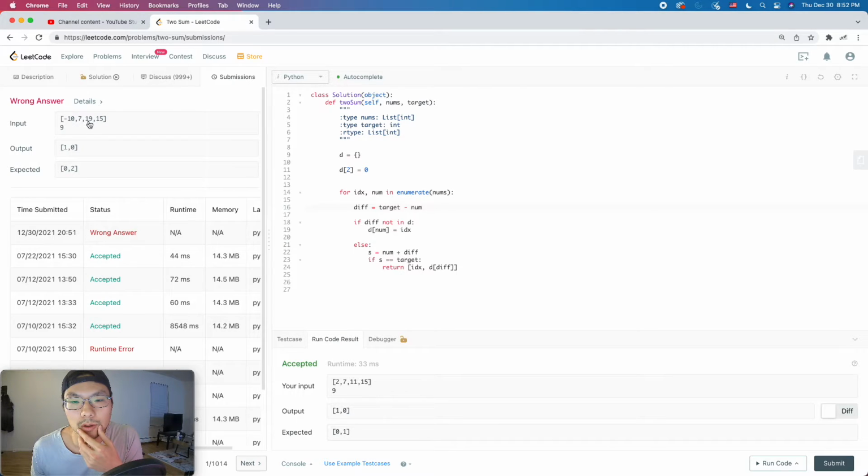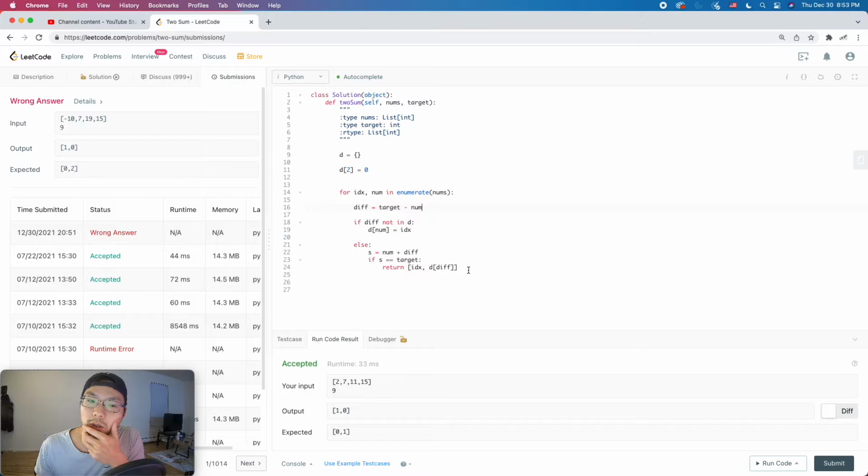And then how we know that's what we're looking for is, well, 19 minus 9 equals 10. So we wouldn't really know that. How else would we know? Well, let's think about it. You're looking for a specific combination there. We check the first number, get the difference. If the difference is in the dictionary, that means we have access to the index. If the difference is not in the dictionary, that means